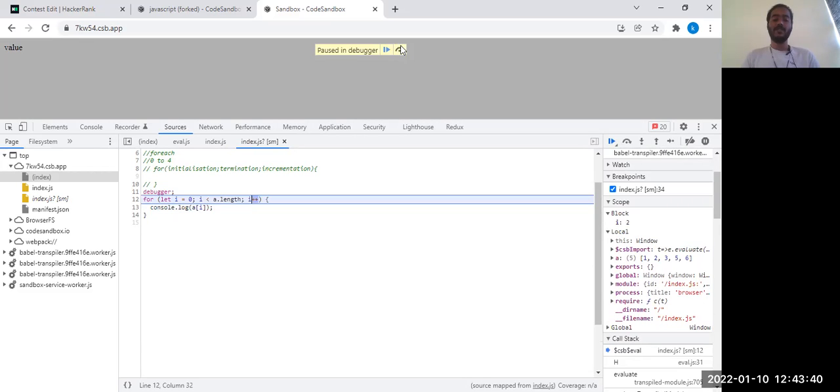So now again it will go to the incrementation. So now if you see, the value of i is 3, so 3 is less than 5, which is again true. So now it will again execute. So again, it will print the a of 3, which is 5. So now let me execute the next step. So now it has incremented +1, so 4. So 4 is less than 5, which is again true.